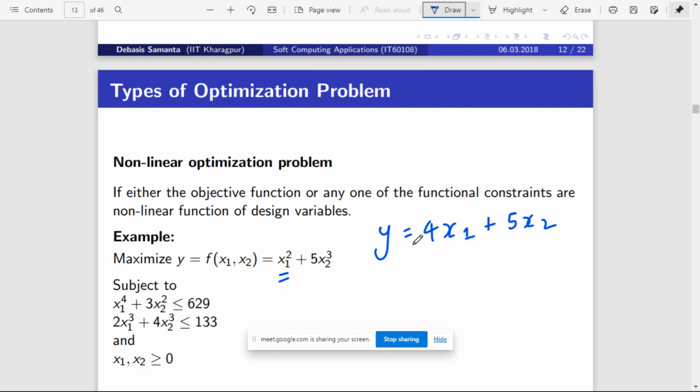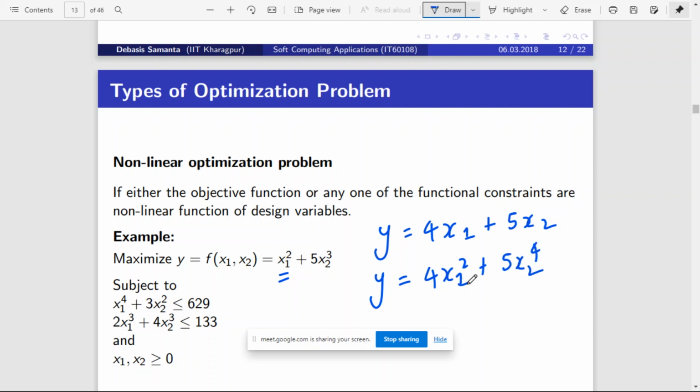It comes in which category? Linear. Okay. So if I give something like this, y is equal to 4x1 square plus 5x2 to the power 4,